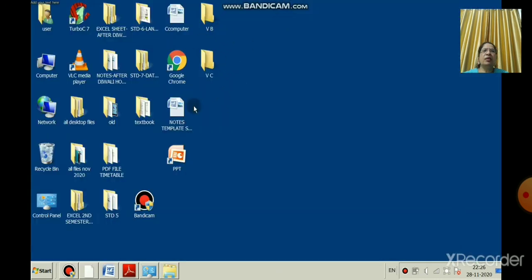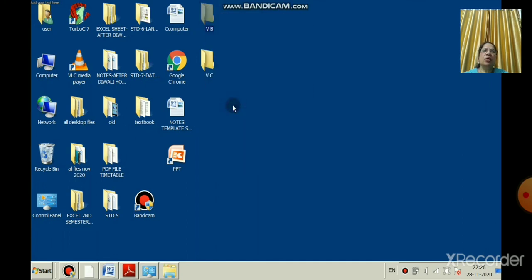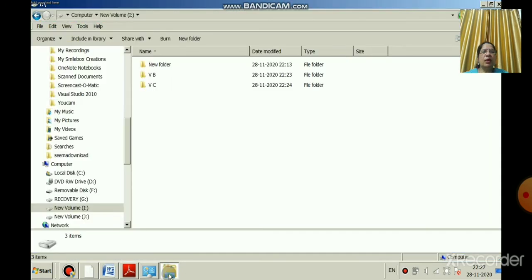I will take it and I will move the folder. So again I will select a folder from the desktop. How will I select? Click it. If you double click, it will open. So I will cut. Now I will move the folder from one place to another.